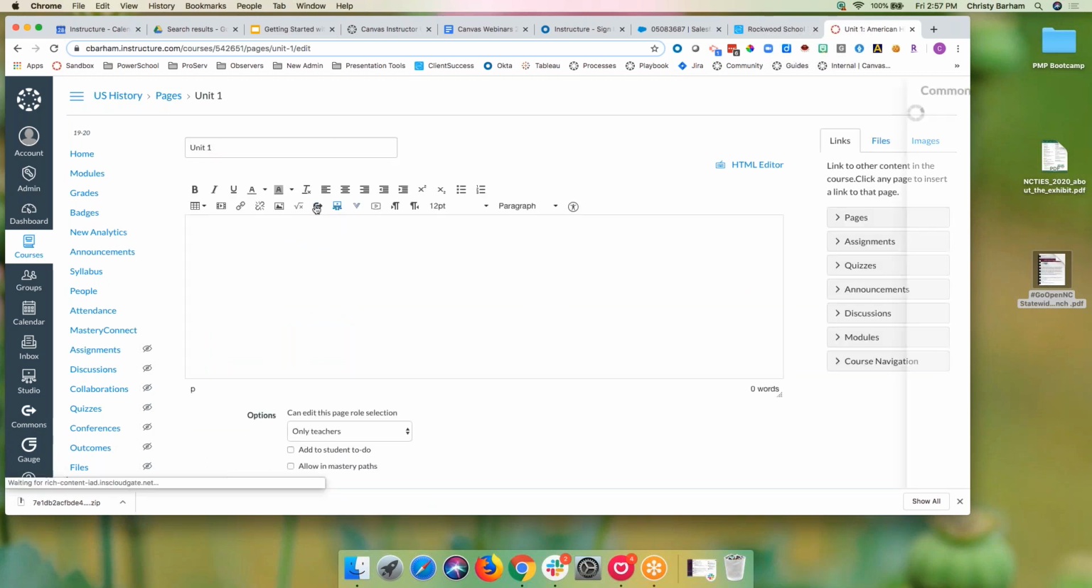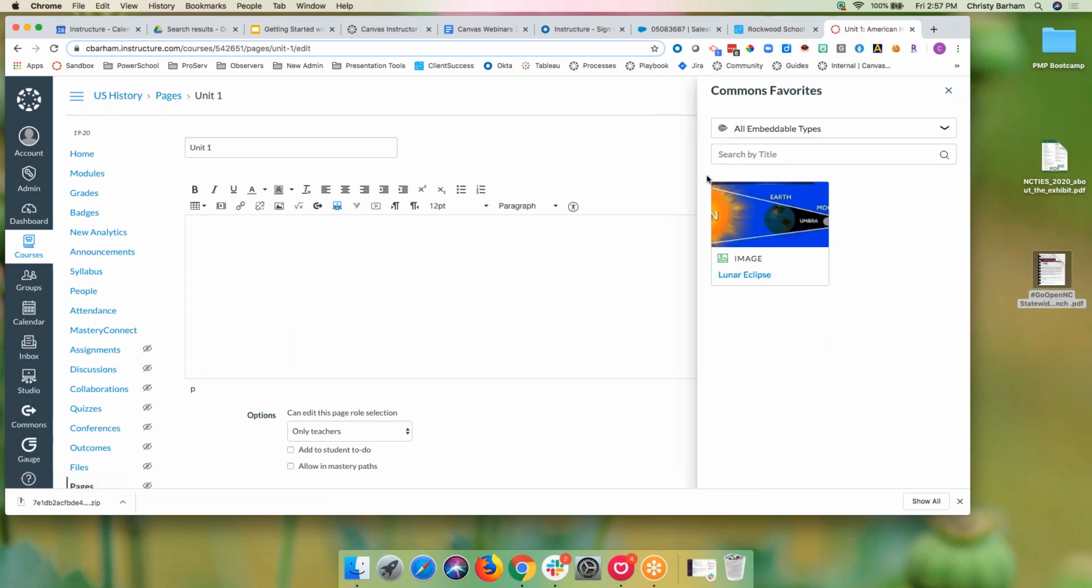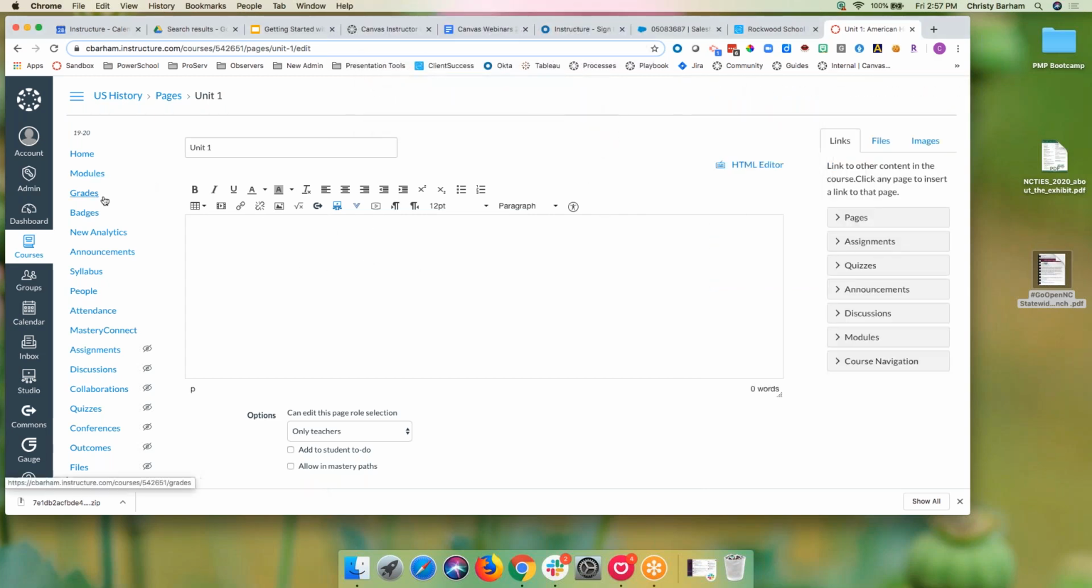All right, here we go. I'm going to Commons Favorites, all embeddable types. I apologize that I'm getting this error. This is a brand new feature that just came out on February 15th, and for some reason it's not seeming to work right here. So we're just going to go into another